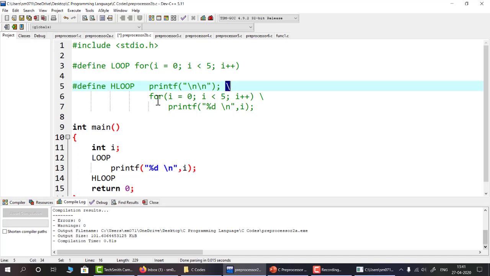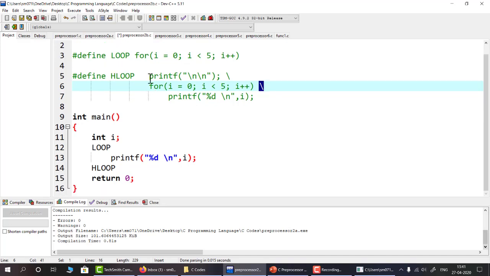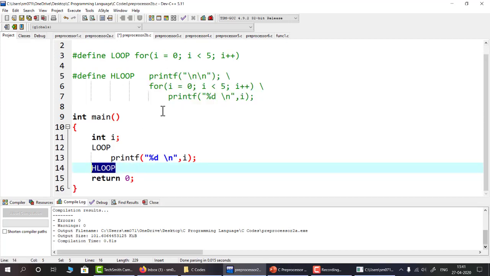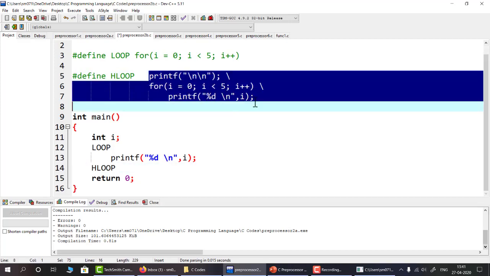So here we have written a backslash, then the second line, followed by a backslash, followed by the last line. Each loop template will be replaced by the expansion, and in the expansion we are obviously printing from 0 to 4, similar to the previous one.